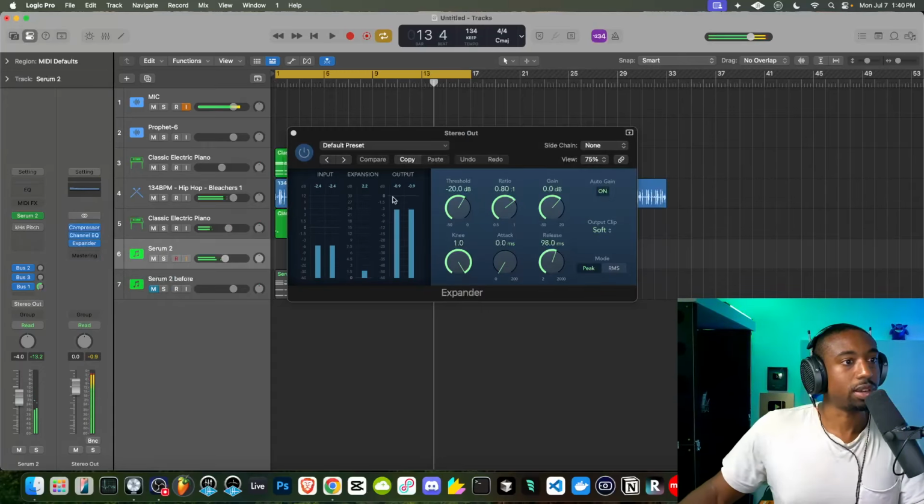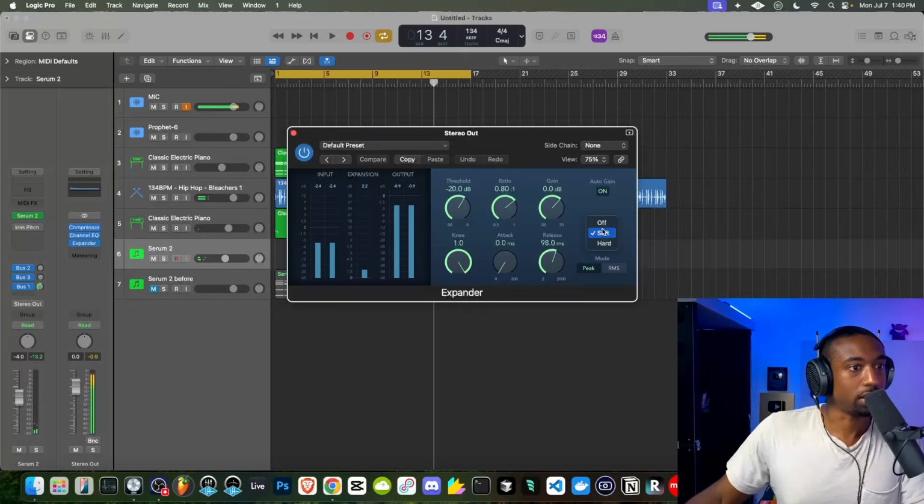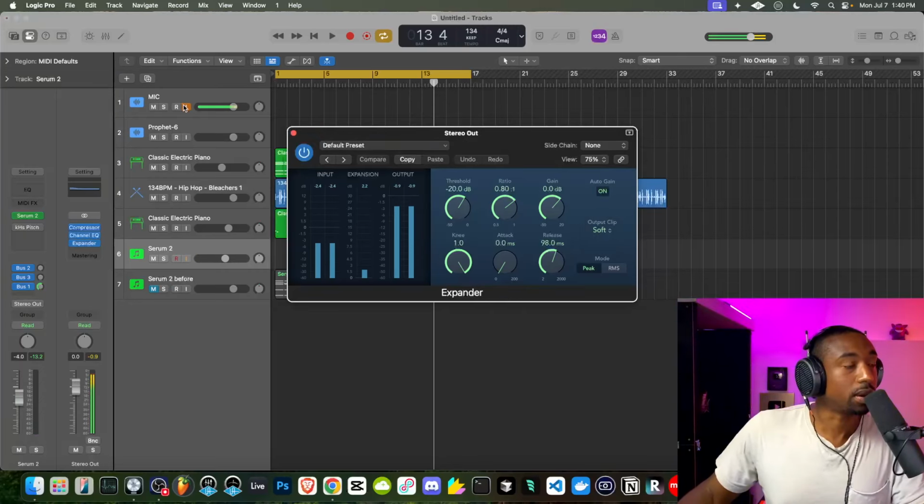Also, the expander has a saturator in here. Most people overlook it. It's called the soft clipper mode over to the right.